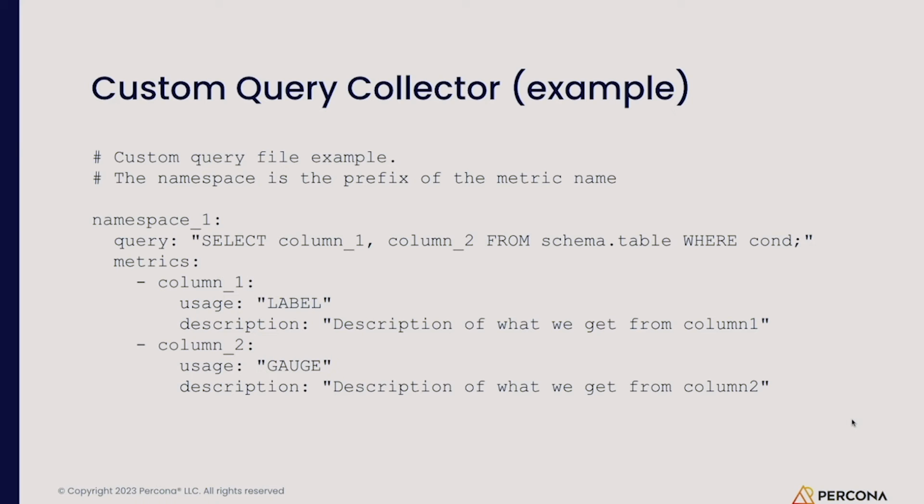Now this query will return 2 columns, and then we need to tell PMM metadata on these columns, right? In this case, I'm under the metrics section. We will have the same name as you are using here. You can use "as" here if you want, so column 1 as whatever, and then use the "as" name here. And then usage is going to be label if it's a string, and then you can have either gauge or counter depending on what the metric does, right? So this is going to be on each